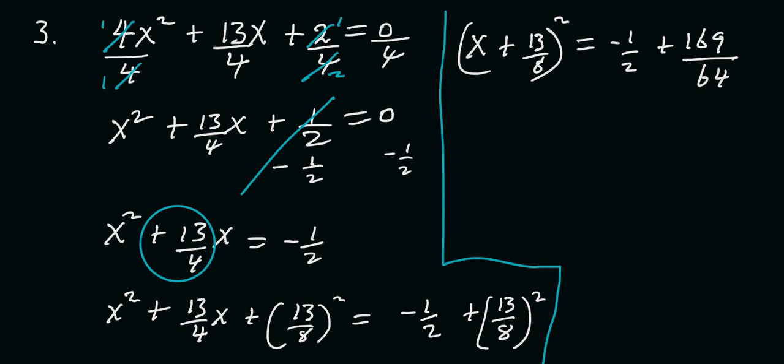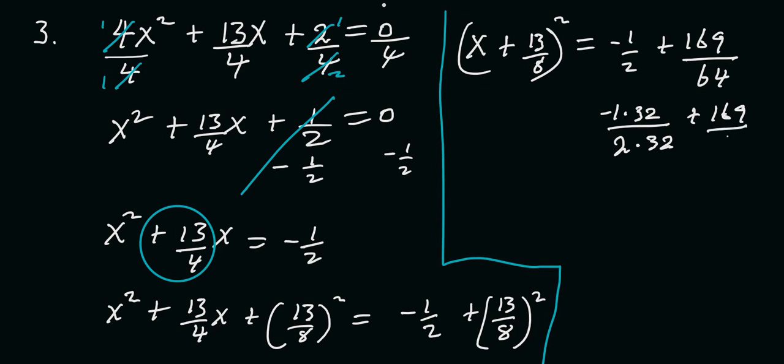So now if we multiply, this is negative 1, so negative 1 times 32 over 2 times 32 plus